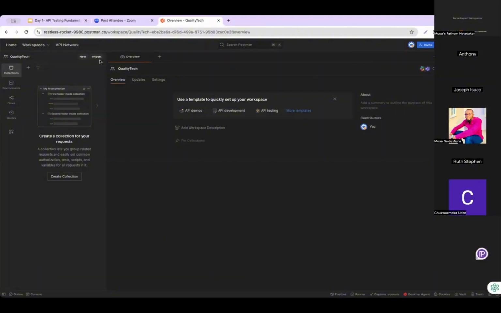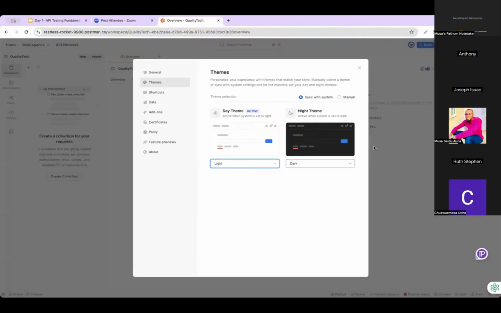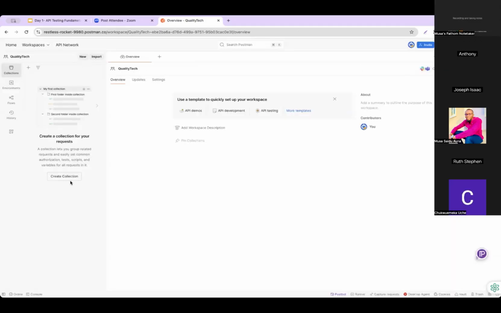Okay, so you should have something like this. You can decide to change the theme of your Postman. You change that by going to settings. You click on this gear icon, then go to settings. Then there is themes. Then you can select dark or white. I selected white. You can see the theme has changed. It all depends on your choice, if you like to see it as black or as white. So after that,